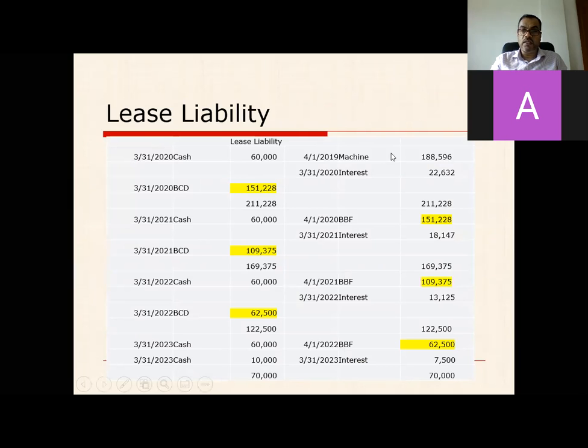What is the amount of the lease liability? It is 188,596, the present value of the amount to be paid. So the first journal entry would be credit to this account and debit to your machine account, that is the right of use asset machine. At the end of the year,